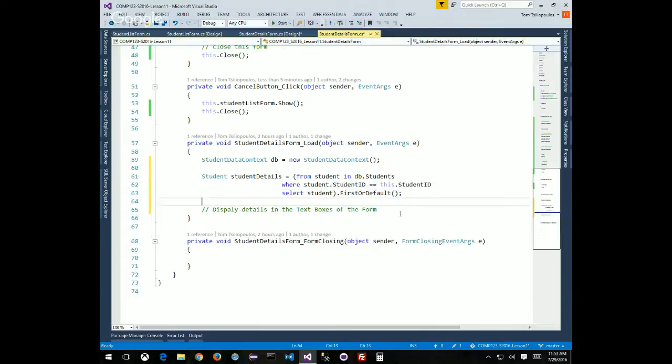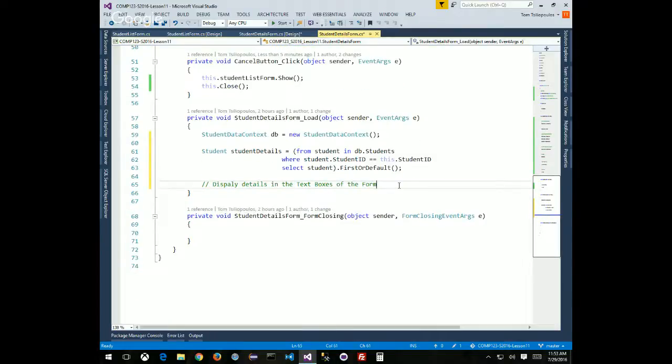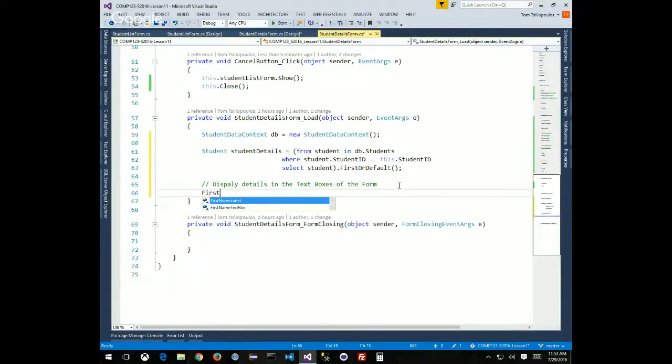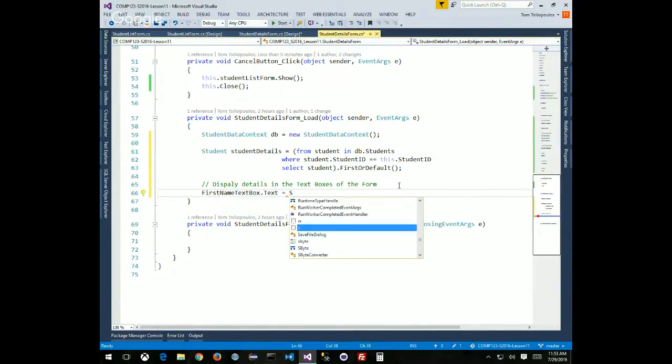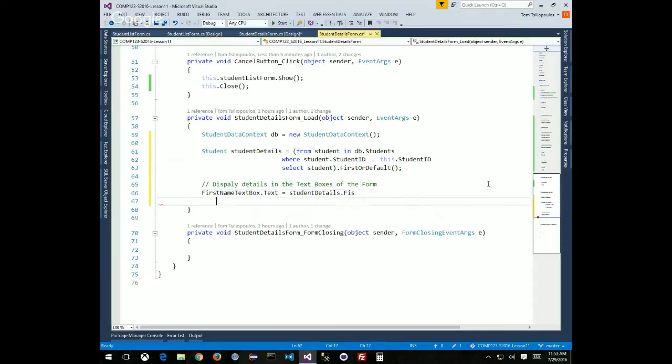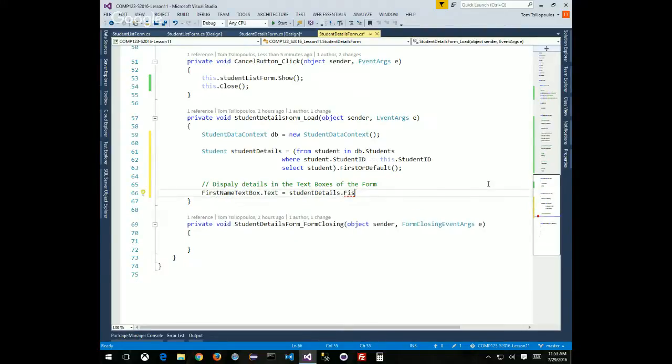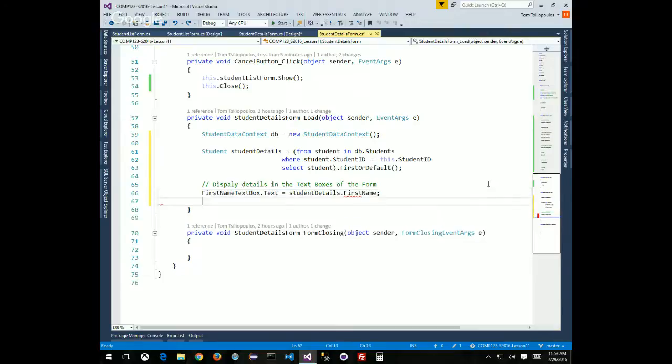And I'm going to do that by, of course, doing the opposite of what I did last time. Last time what I did was I said, take the details from the text boxes and assign them to the values of the database. This one I'm going to do the other way around. I'm going to say first name text box dot text is equal to student details, that's the object that I just created by reading the database, dot first name. And then my last name text box dot text